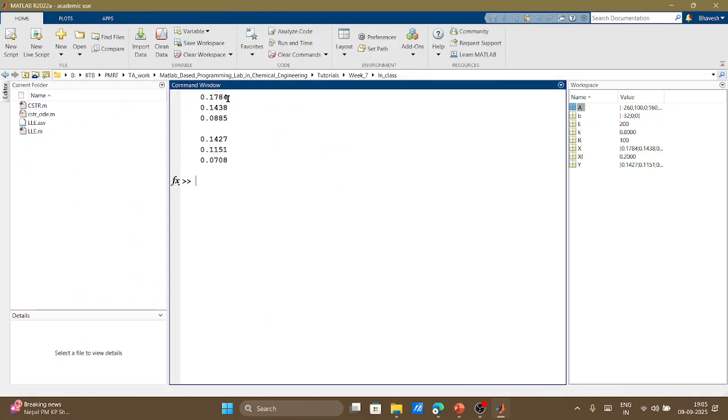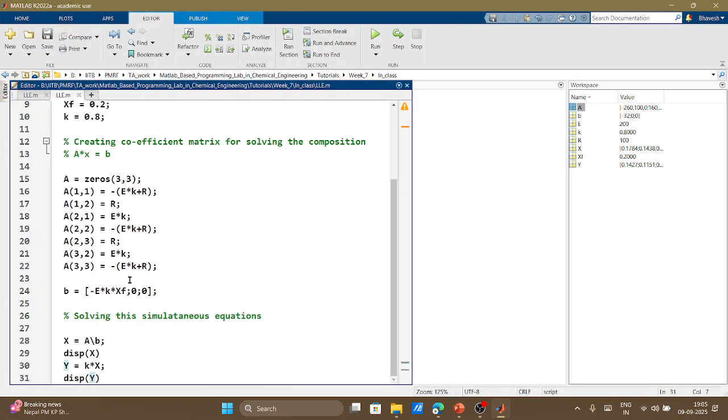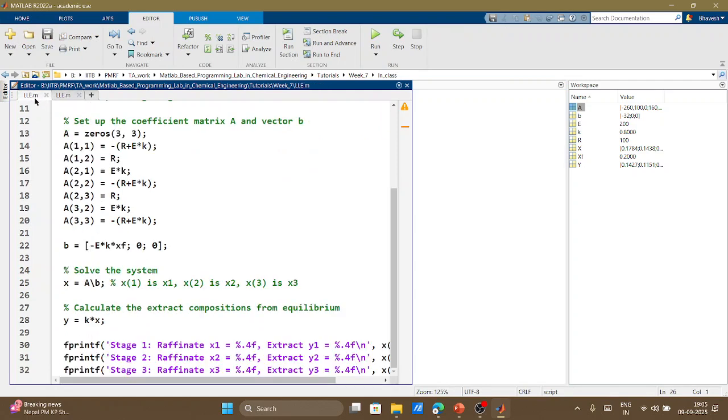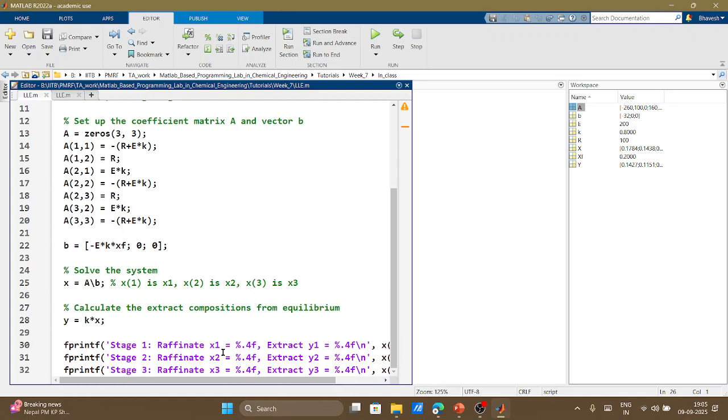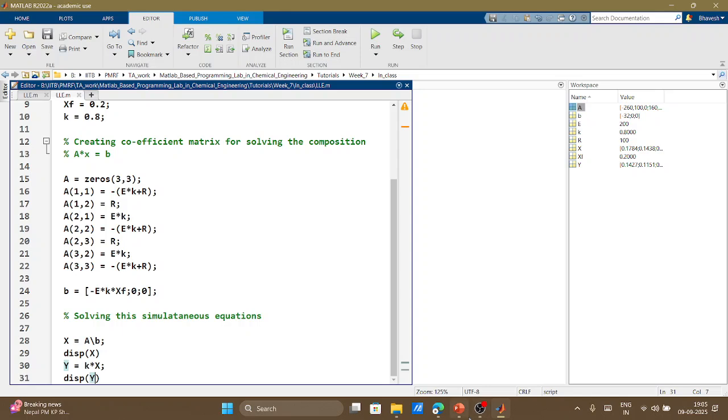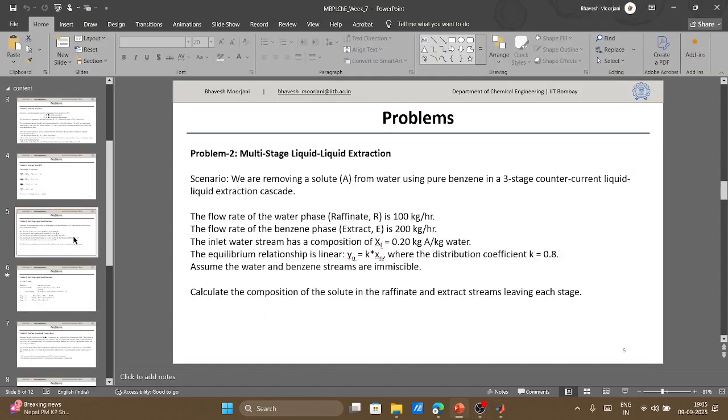So this is your x value, this is your y value at output of stage 1, stage 2 and stage 3, right? So it's again a very pretty straightforward problem. You can write it into fprintf format to print all the data very nicely, right? Just verify the equation. Now I am doing it, I am just confused with this one equation part,